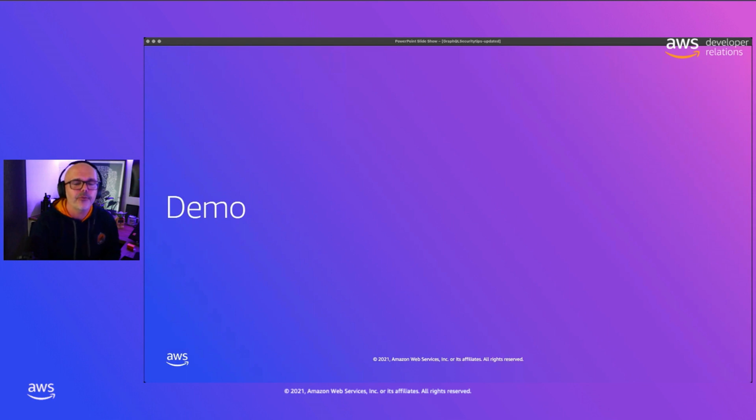Now, if you haven't come across CDK before, it's a set of tools that allows you to build stacks and infrastructure using infrastructure as code. So you can deploy reliably on AWS into your account, and you can deploy multiple times over time reliably as well. So I'm going to jump into a demo and show you how you can build this infrastructure that I've just talked about using the CDK.